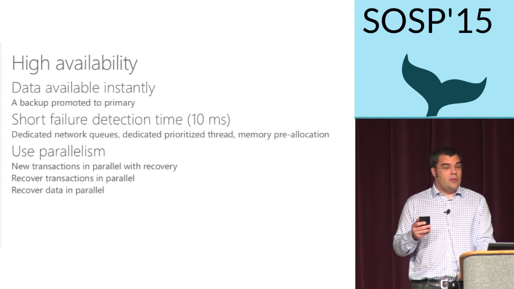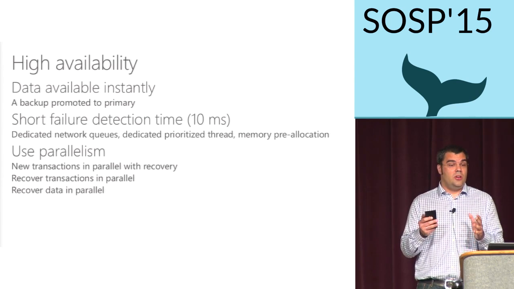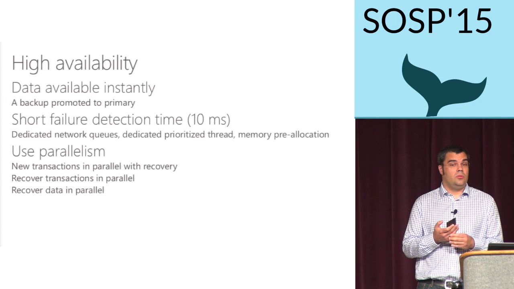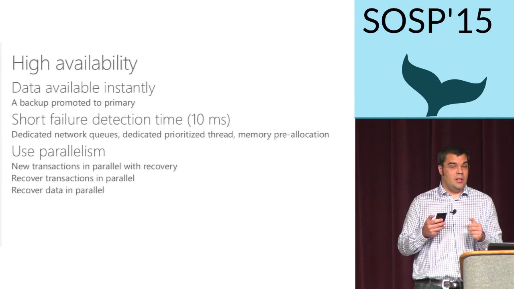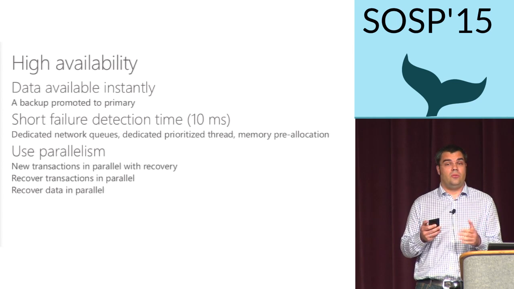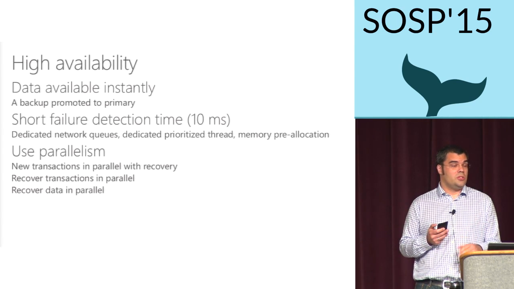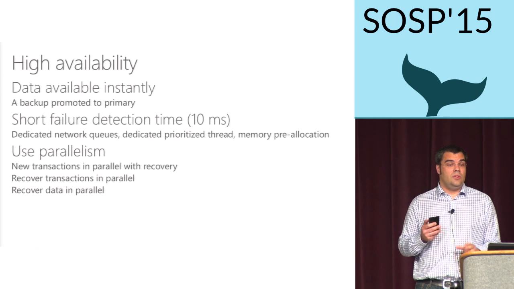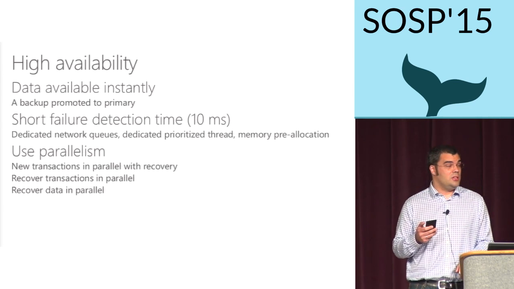While designing our recovery protocol, the main goal was to achieve high availability. We are using this primary backup replication scheme to reduce the number of messages we need in normal case operation. This means that we will have to reconfigure the system on a failure before we can continue processing after the failure. So we need to make this downtime as short as possible in order to have the system as highly available as we can.